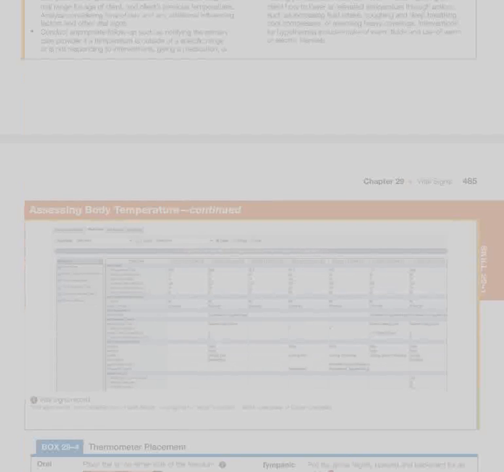Evaluation. Compare the temperature measurement to baseline data, normal range for age of client, and client's previous temperatures. Analyze considering time of day and any additional influencing factors and other vital signs. Conduct appropriate follow-up such as notifying the primary care provider if a temperature is outside of a specific range or is not responding to interventions, giving a medication, or